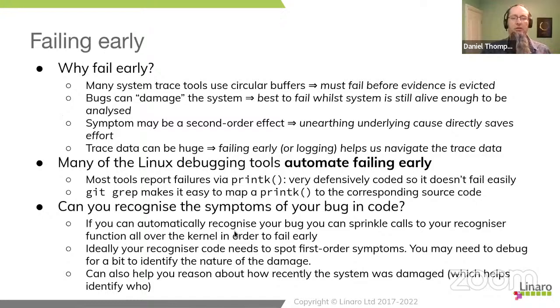One of the things you can do is simply write a piece of code that tries to recognize if the problem has already happened. And then you can sprinkle your recognizer over the kernel, and that gives you two very useful pieces of information. The first is that at this point, the system was healthy. And the second is at this point in time, the system has failed. And that gives you your window that you're interested in tracing to find out what's going on. So although you can use lots of debug tools to find faults, you can also write fragments of code yourself to try and recognize the signatures and problems that you have associated with these things. And that can help you reason about when the system is damaged, how, and so on.